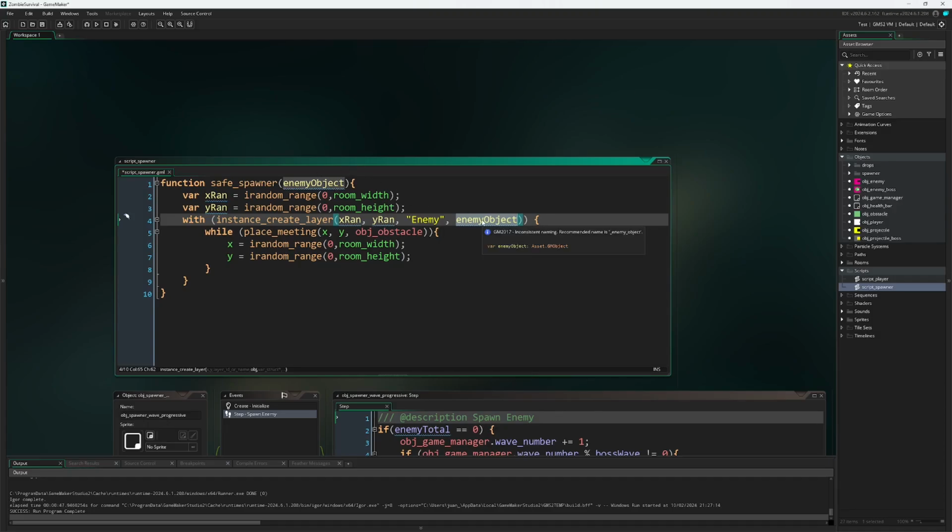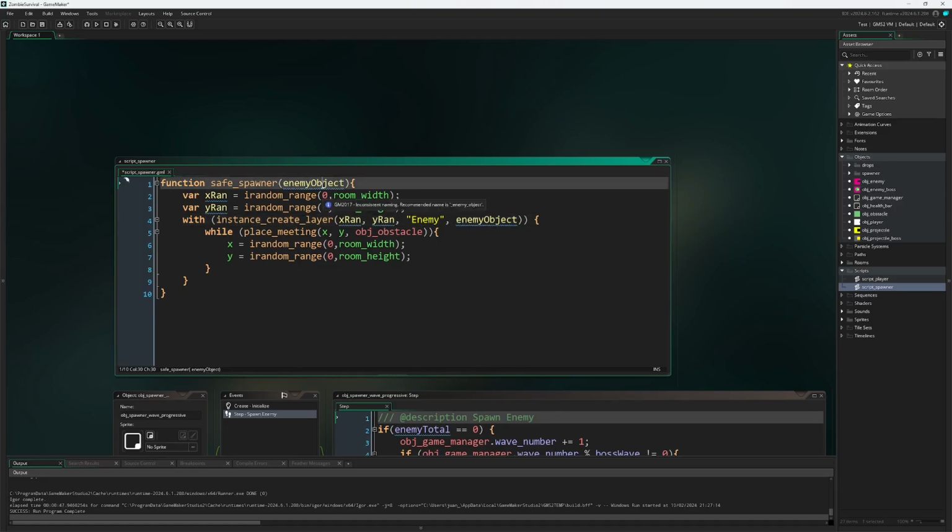This enemy object is whatever the function gets passed in. This is just a parameter for the function. So you can pass in as an argument the enemy or the enemy boss, or if you have any other types of enemy objects, you could just specify that whenever you call the function. So whatever the enemy object is, it gets created, and in the with statement it's kept track of. Inside of here,